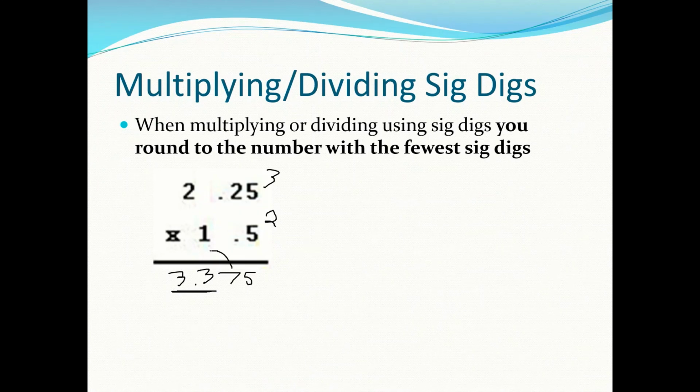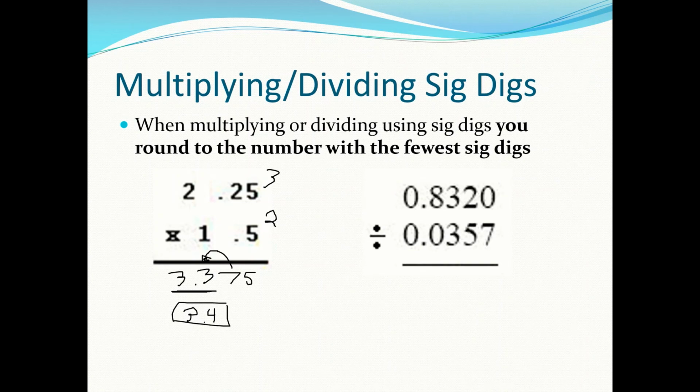If it's above 5, I round up. If it's below 5, I don't round up. So I need to round this one up. So the only correct answer for full marks would be 3.4 to the correct number of Sig Digs. Okay. If I did this,